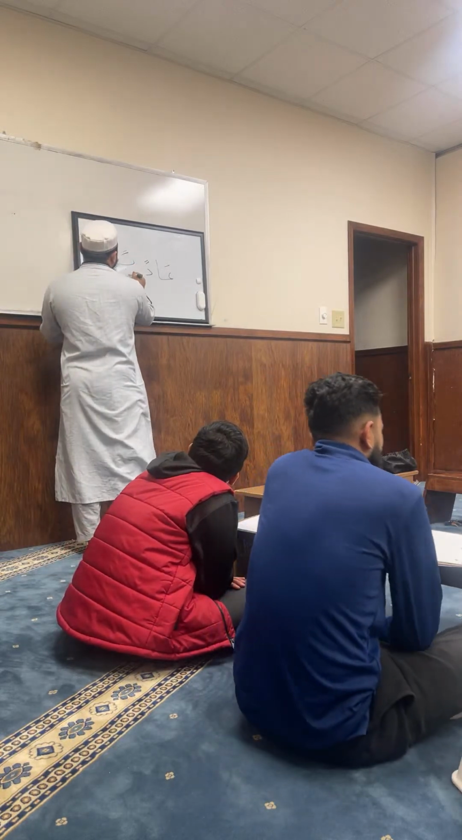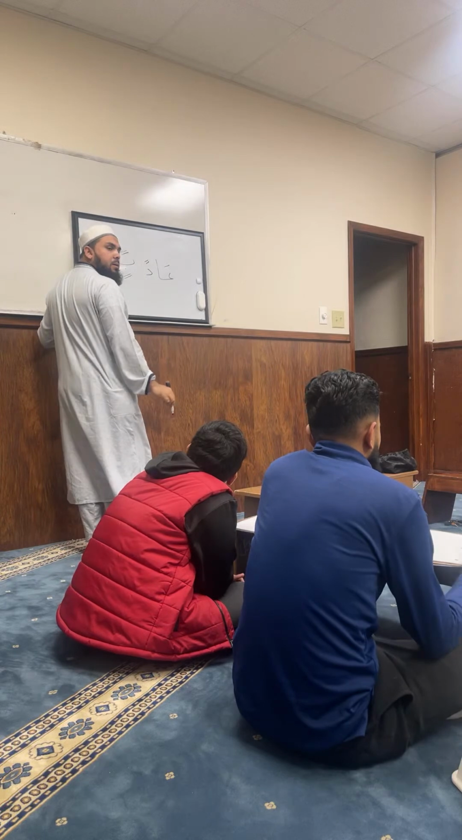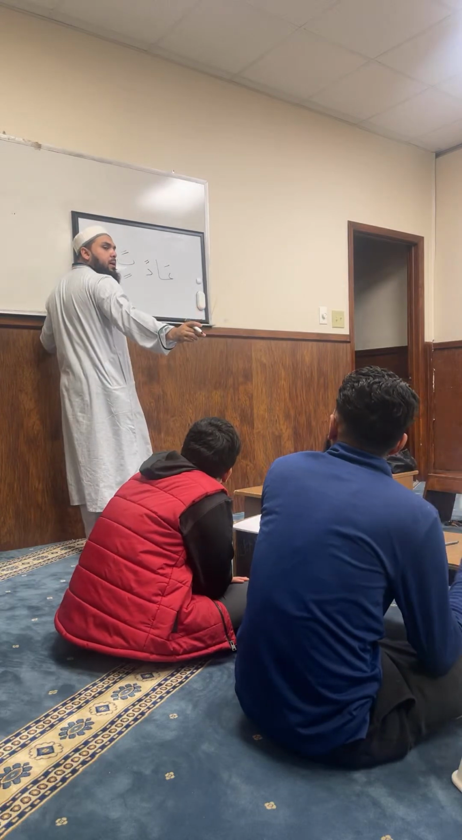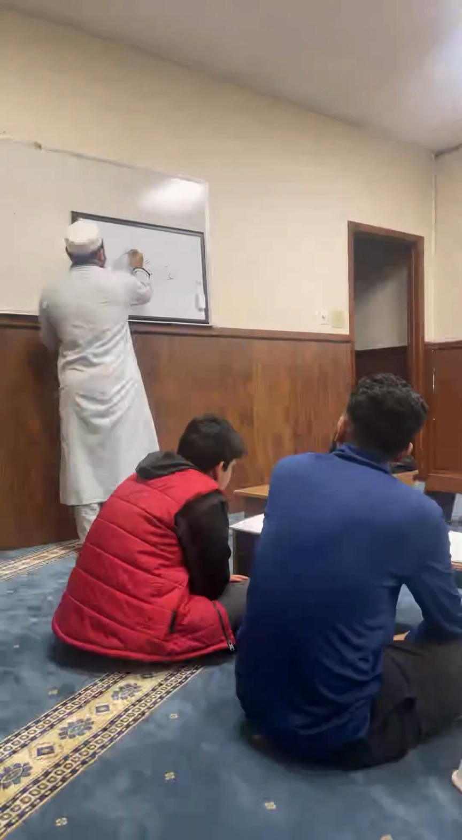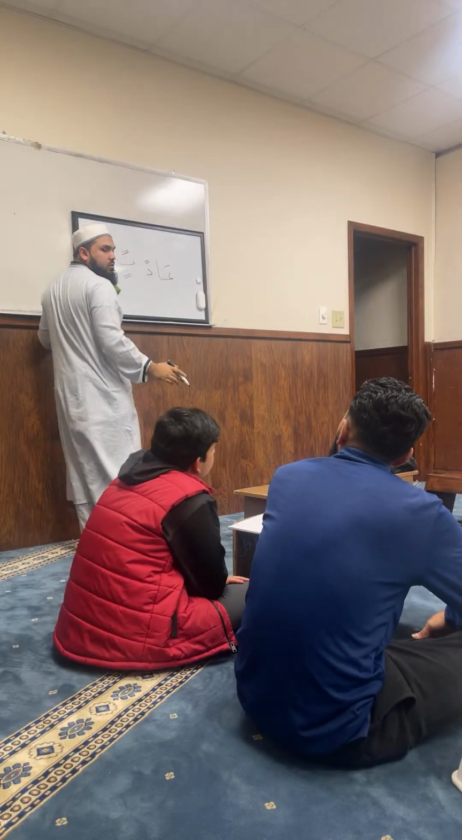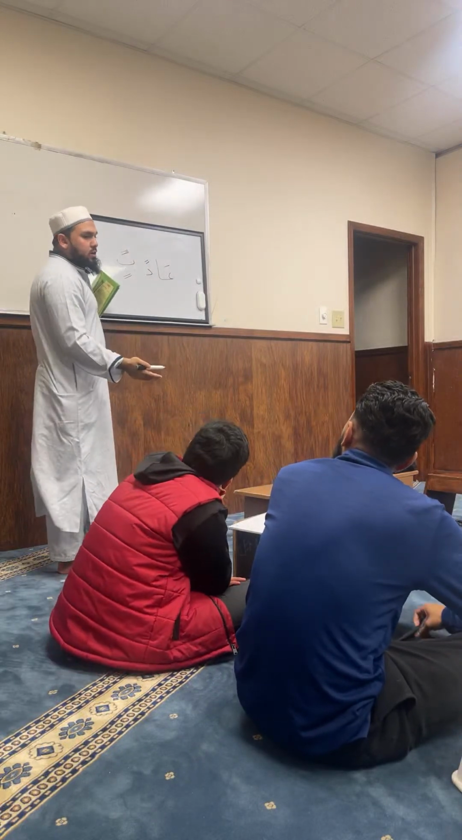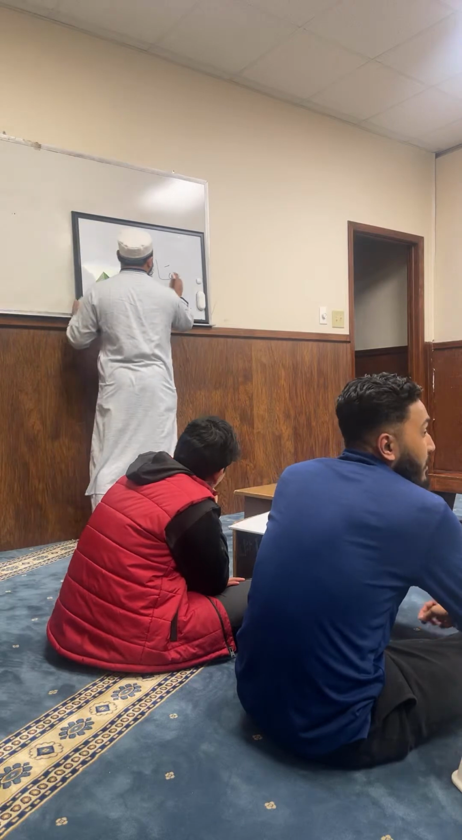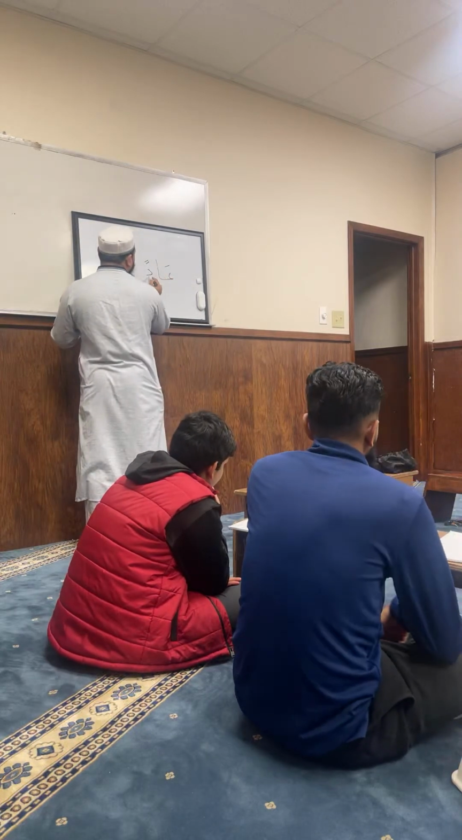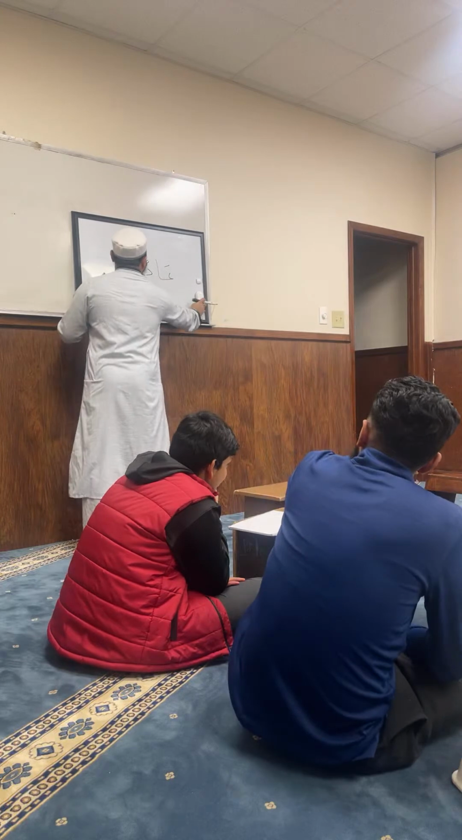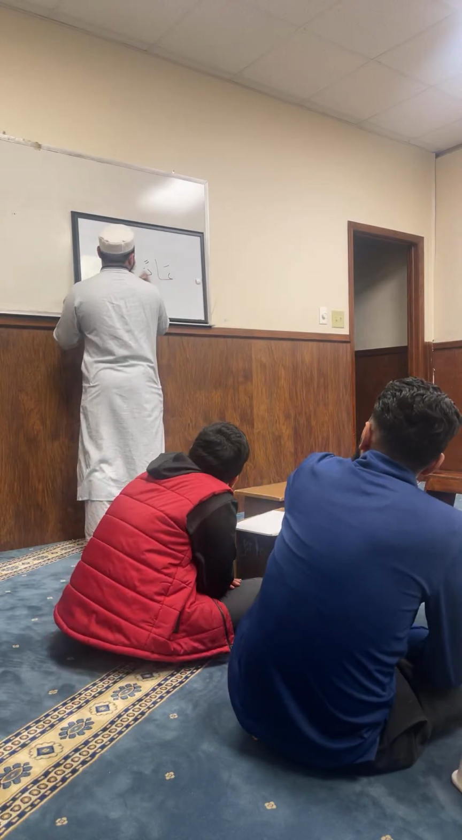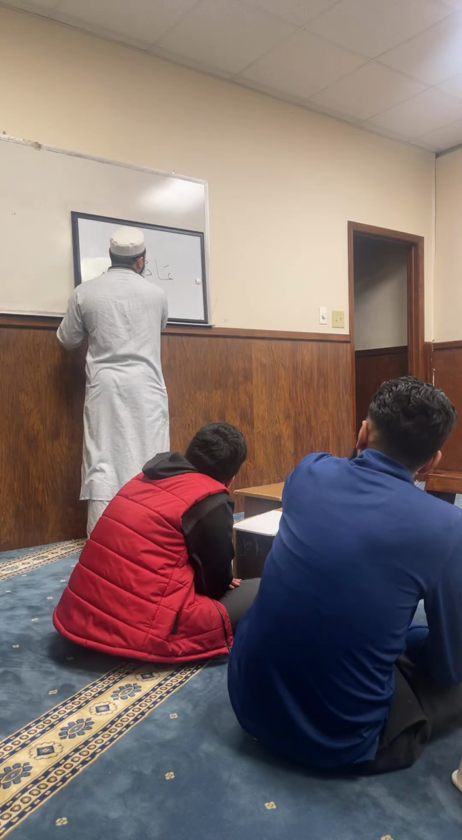So let's say we have ba with kasratain. How would you say it? Bin. And ba with dhammatain is Bun. It will be like this for all the letters: ban, bin, and bun. So you have adan, right? Now in the Quran, if you read this and stop here,